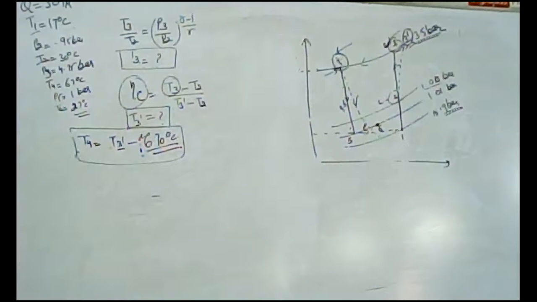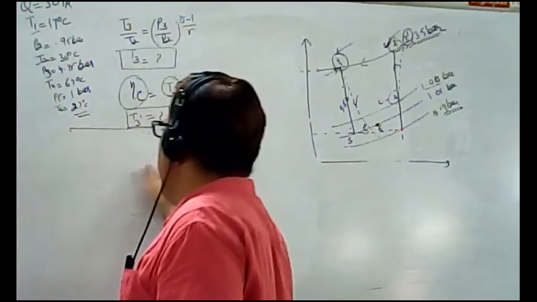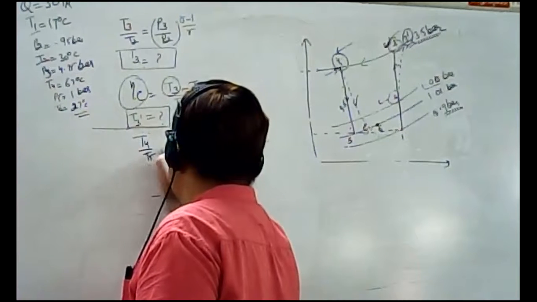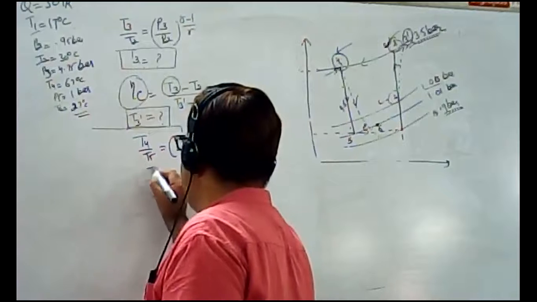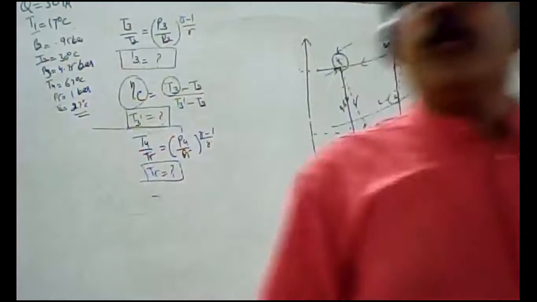No, beta. First, you have to find the value of T3 dash. 499 minus... 67 degrees centigrade, cooled in heat exchanger to 67 degrees centigrade. Yes, it is already given. So no need to calculate. So by putting in T4 by T5 equals P4 by P5 to the power gamma minus 1 by gamma, from here you can calculate the value of T5 directly.